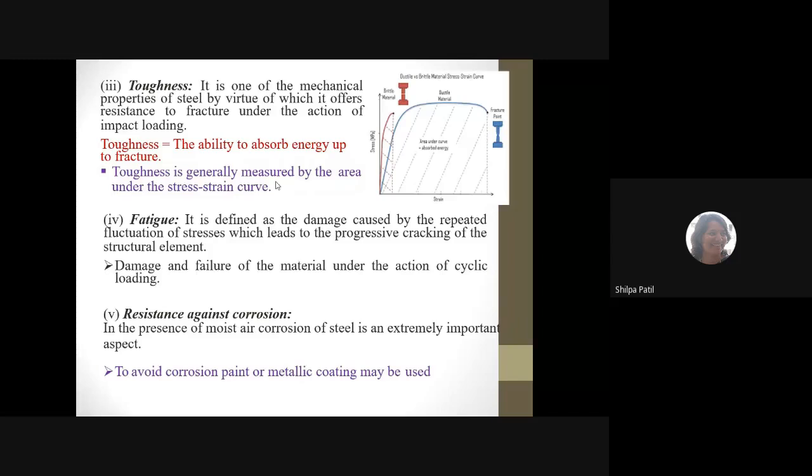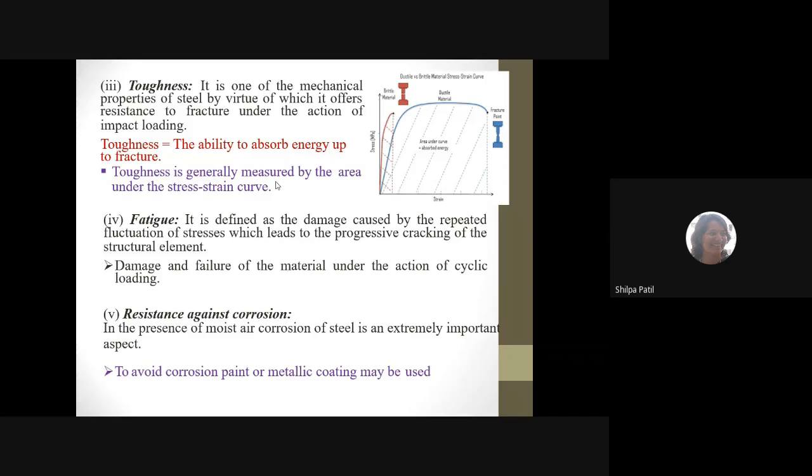So fatigue is another important property. Many times, whenever you want to erect any structure or structural components in a location where there is a possibility of development of fatigue, we have to design those structural elements in a different manner, by considering this fatigue. We need to calculate the fatigue strength in that case, and for that we have to design the section. So fatigue is another important parameter.